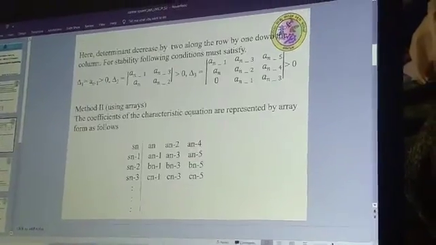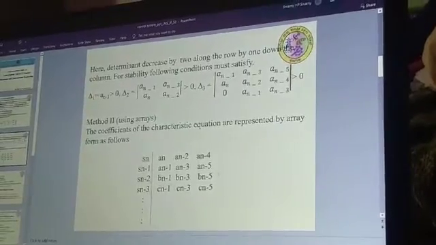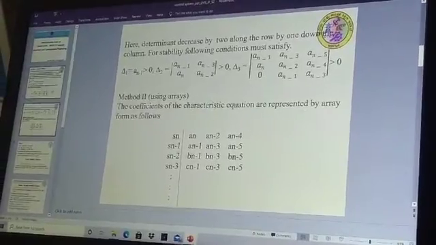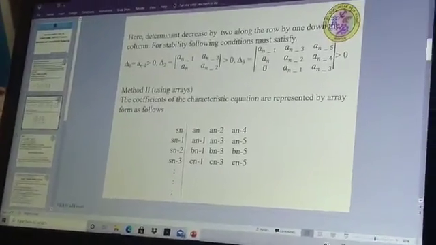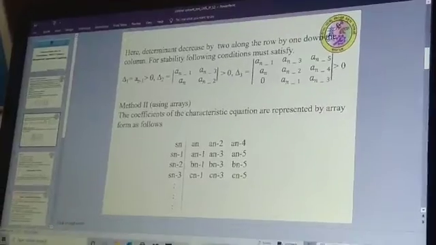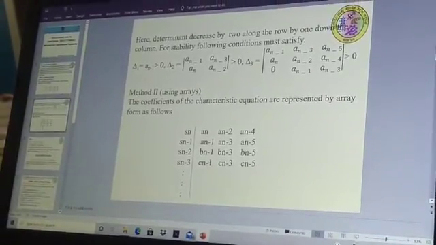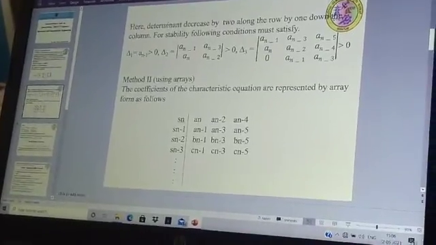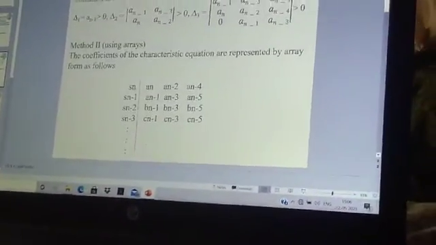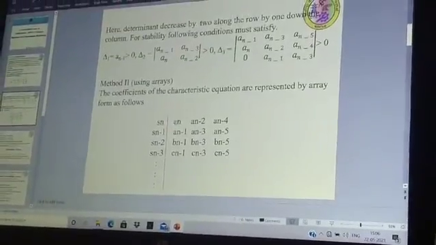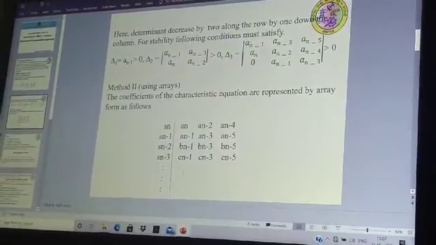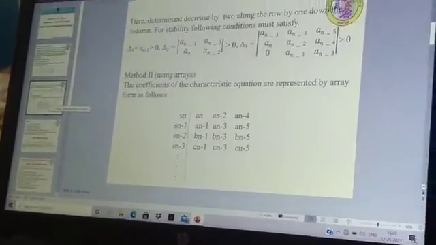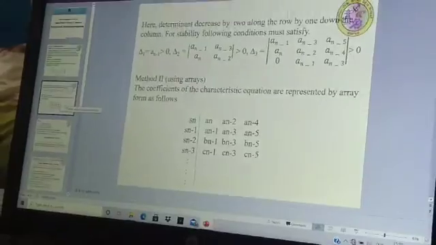See, in this Routh array, after finding all these coefficient values by calculating, you have to check all these an, an minus 1, bn minus 1 and cn minus 1 coefficients in the first column of this matrix. You have to check how many sign changes there are. That many sign changes indicate that many roots are on the right-hand side of the S plane.